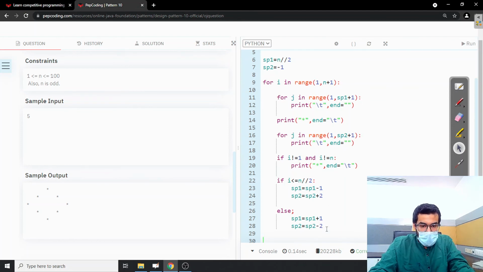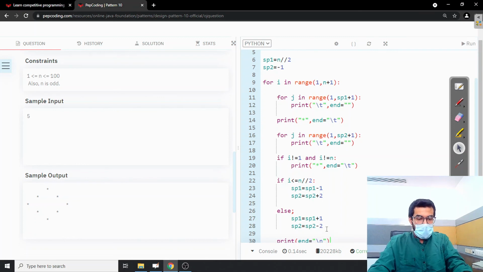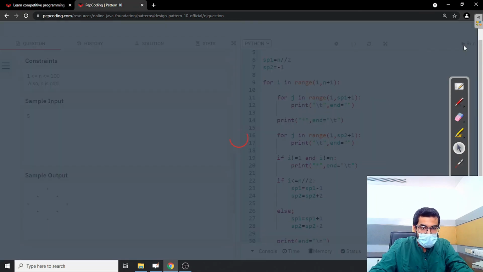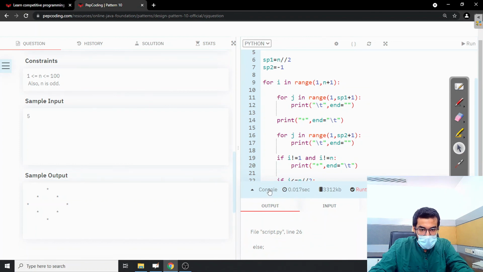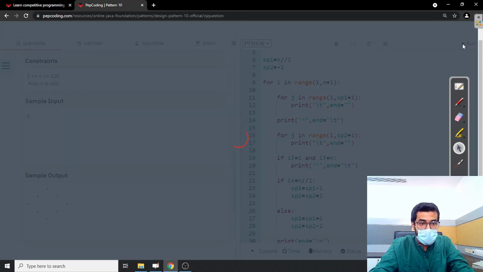Okay, then we need to end this with a \n each time, and close it. Now it will run perfectly. I got an error on line 26. Yes, we have used the semicolon, and then no error should be there.